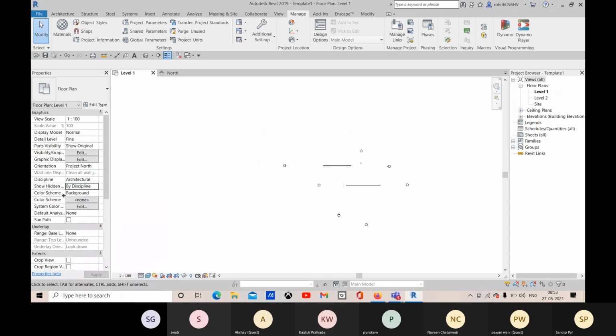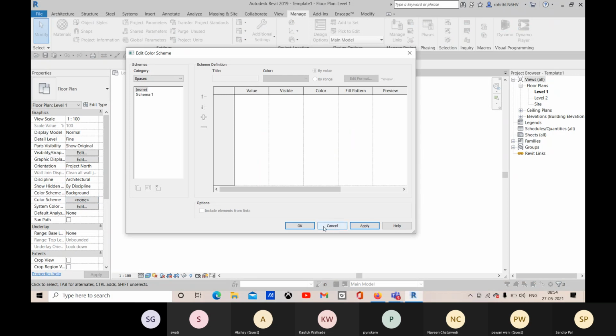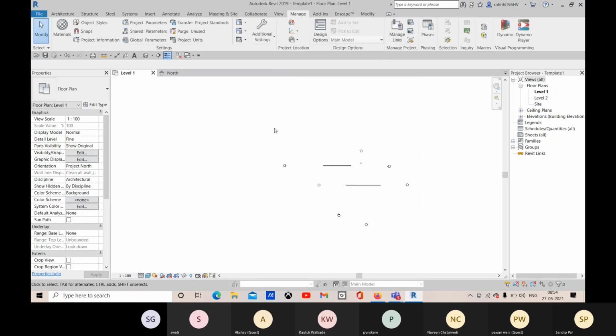So all the elements, either structural or anything else, will be visible, so you can make that also. And here you have this discipline option available, and the color scheme will apply later when we add the room names and the room tags and the room areas. So for those specific room areas we will apply color scheme.